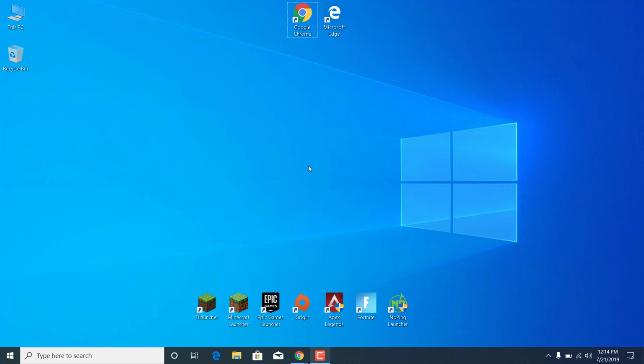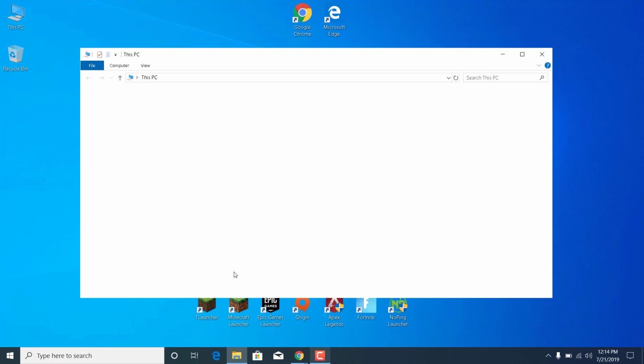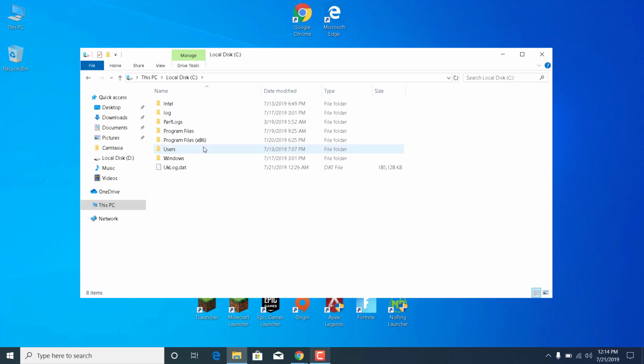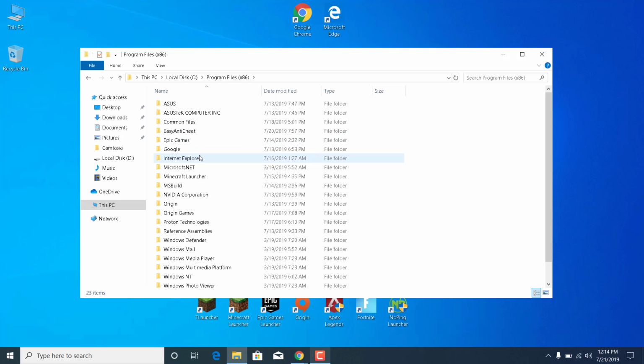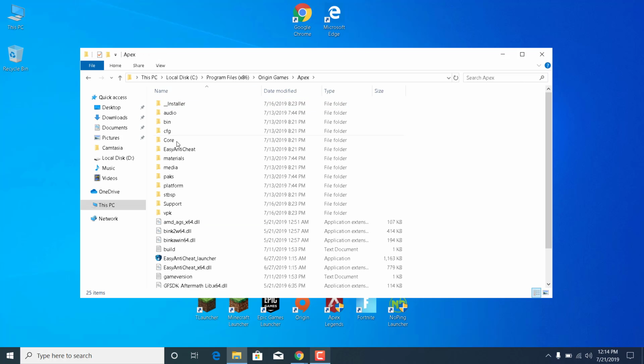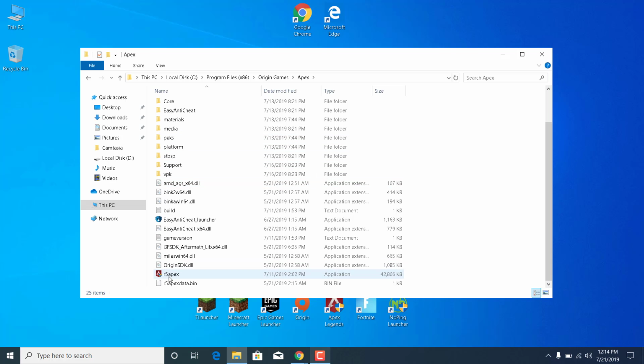The second step is to open this PC. Go to the disk where Apex Legends is installed at, so for me it's local disk C. Go to Program Files x86, go to Origin Games, open the Apex folder, and now what you want to do is find R5 Apex, right click on it,